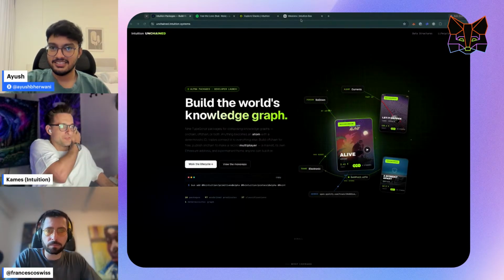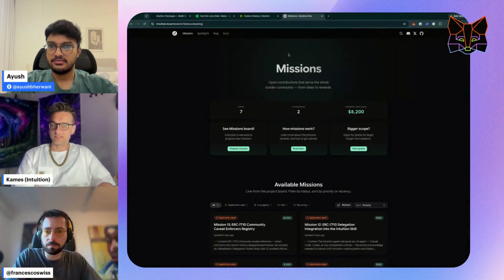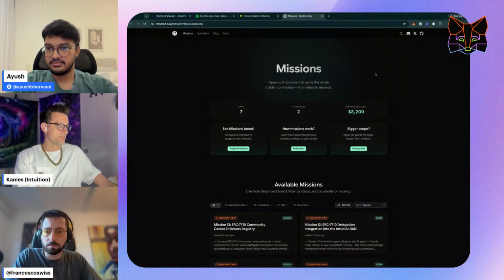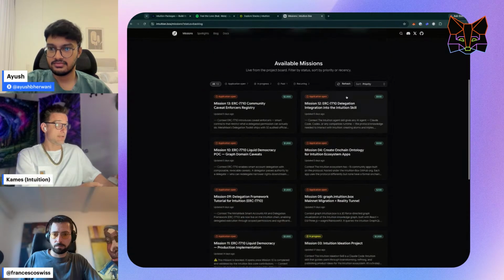Yeah, absolutely. So for a little bit of context, Intuition and MetaMask recently partnered up. You guys wonderfully deployed the delegation framework smart contracts on our network. So for this last week, our community has been diving into the delegation framework, getting used to it. To help people, we've put up several missions. You can get anywhere from a couple hundred dollars to several thousand.